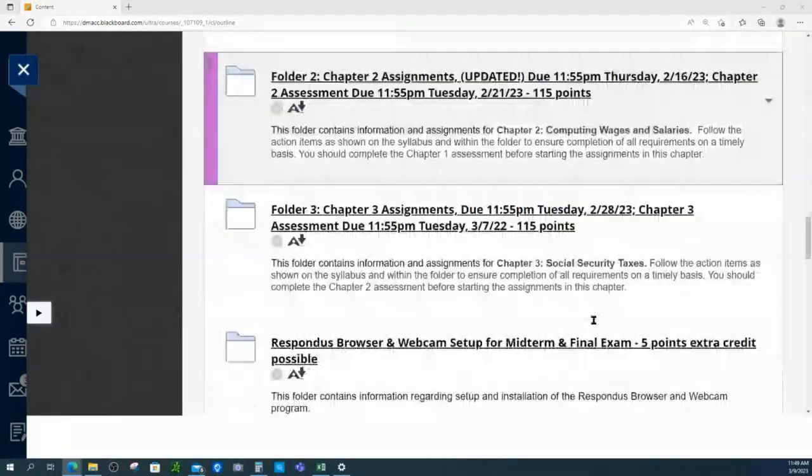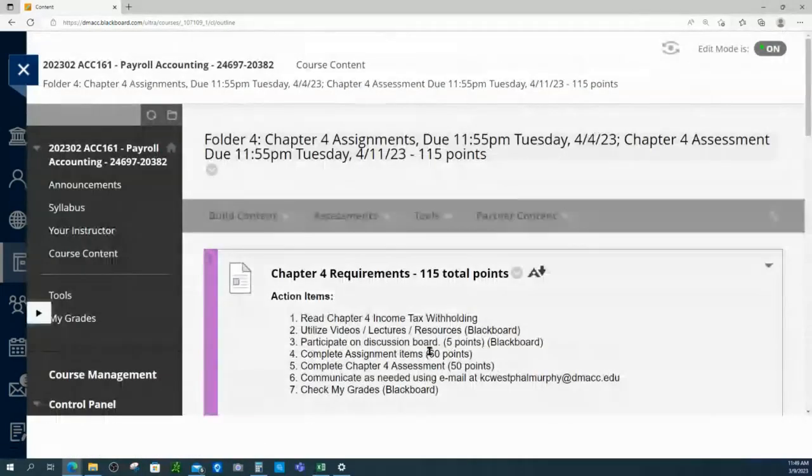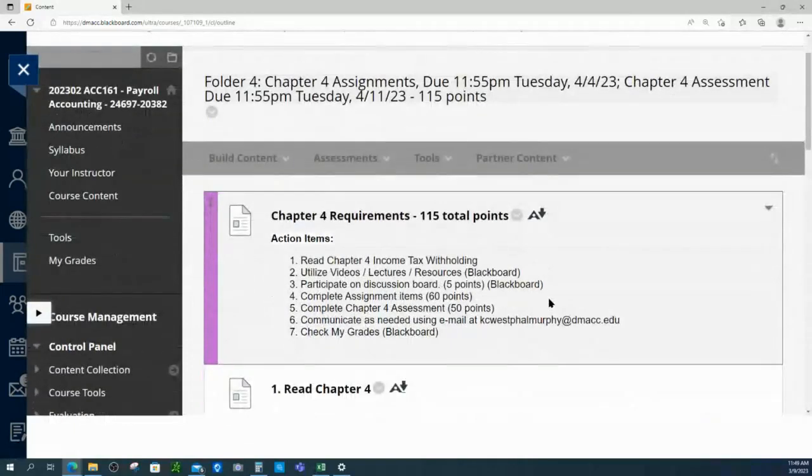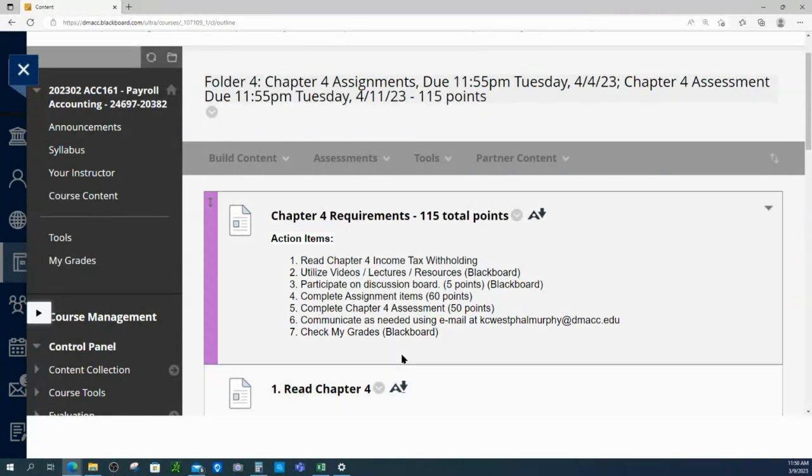All right, so we are moving on to Chapter 4. Chapter 4, we're going to talk about income taxes. We've covered Social Security and Medicare taxes and how to calculate that. This chapter covers the calculation for withholding of income taxes. It does not cover the calculation of personal income taxes on the tax form that's due in April. We don't deal with that, but that income tax withholding relates to the tax return that